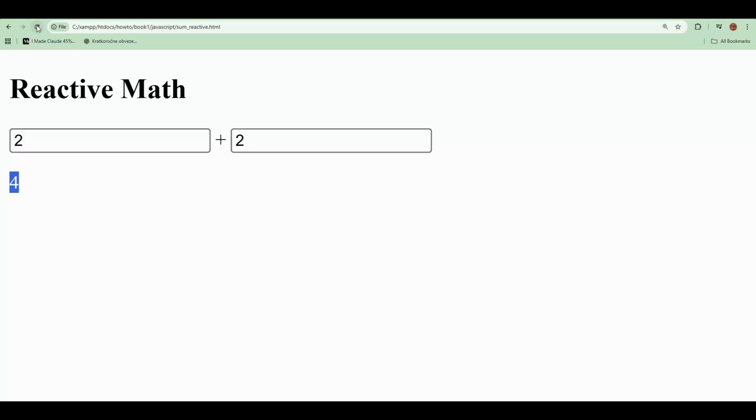Reactive rendering. Refresh. Result is 0. Input field is empty, and I'm typing 2. Immediately result changes to 4. Here typing again 2, immediately result is 4. There is no button check. It is reactive